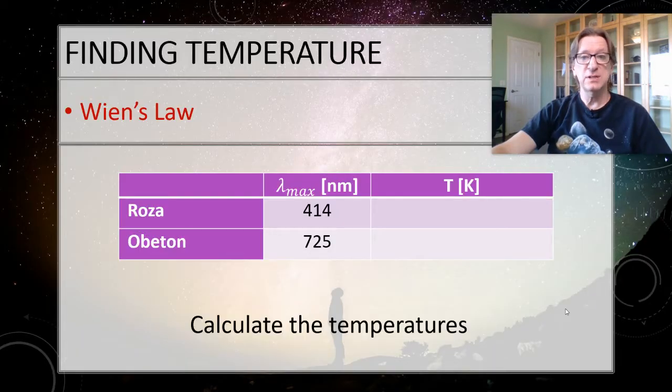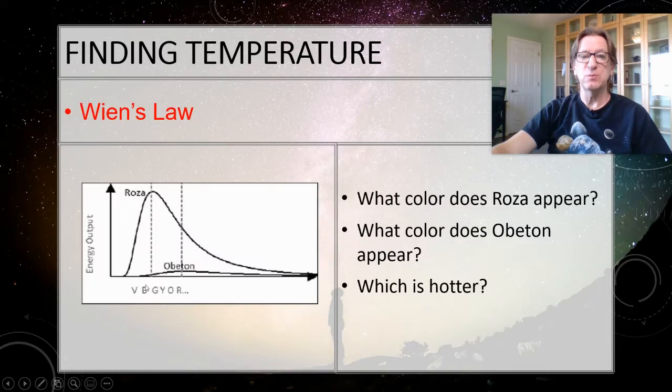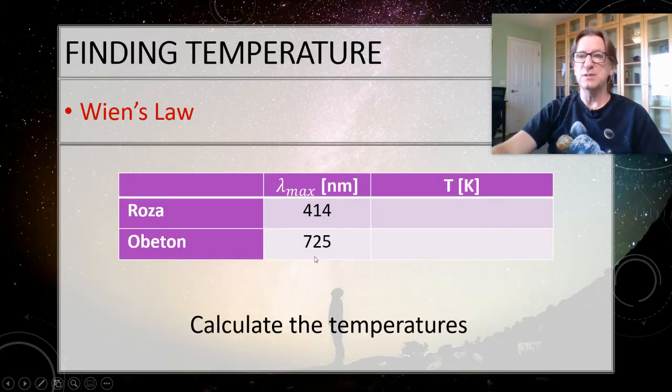All right, so you do the next one. In this case, the peak wavelength is 725. Remember, we're talking about where it peaks right here. You see where it's at the top, you just come down and you read off that value. And I'm telling you that it's 725 nanometers. So pause the video, work out the temperature.